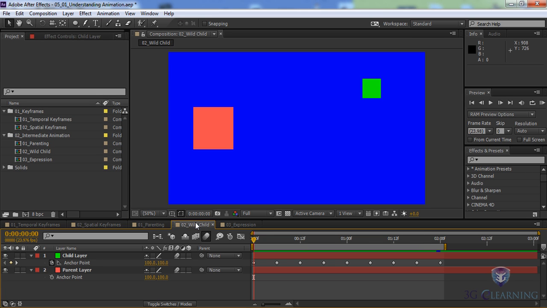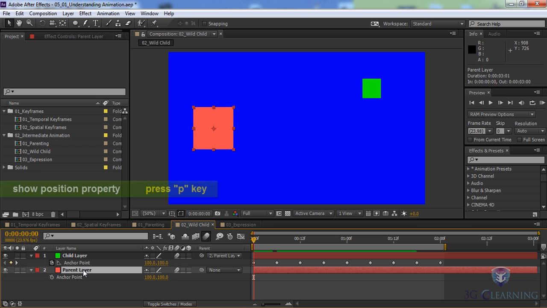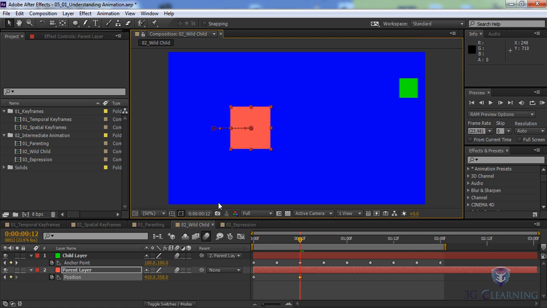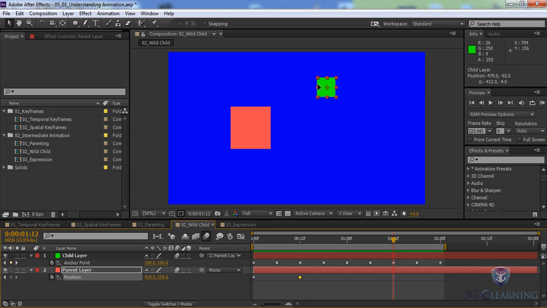Now this is my own name, I call it the wild child. But just to reinforce how parenting works, you can have the child layer doing its own animation. This one is just kind of bouncing back and forth. The second you add the parent to that animation, notice the child's not really changing. But I can go ahead and select my parent layer and press P to open the position keyframe. Let's add a keyframe here, and I'll just move it down 12 frames and slide it over to the right here. Now notice, as we preview this, my child animation is still moving in correlation to what my parent layer is doing. If I want to move my child layer closer, I can just move it closer because I animated